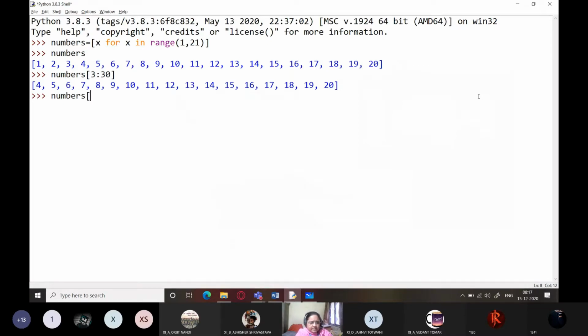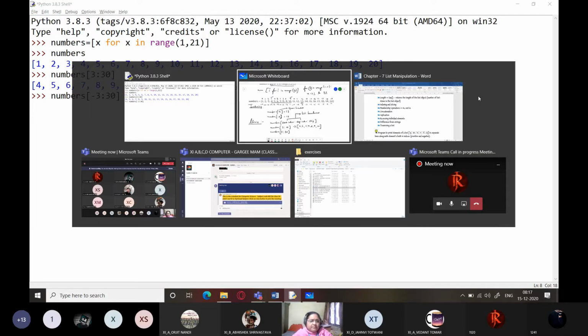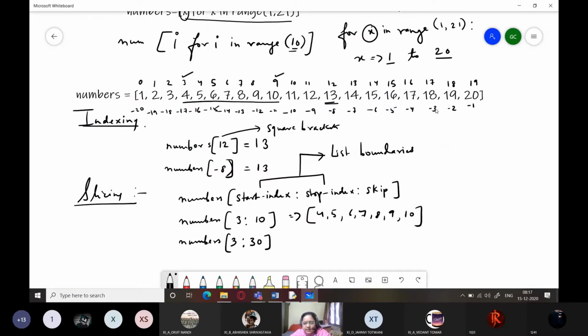Same way, let's take something like, if I take any negative value, maybe -3, and if I want to end it at 30. -3 is somewhere over here.